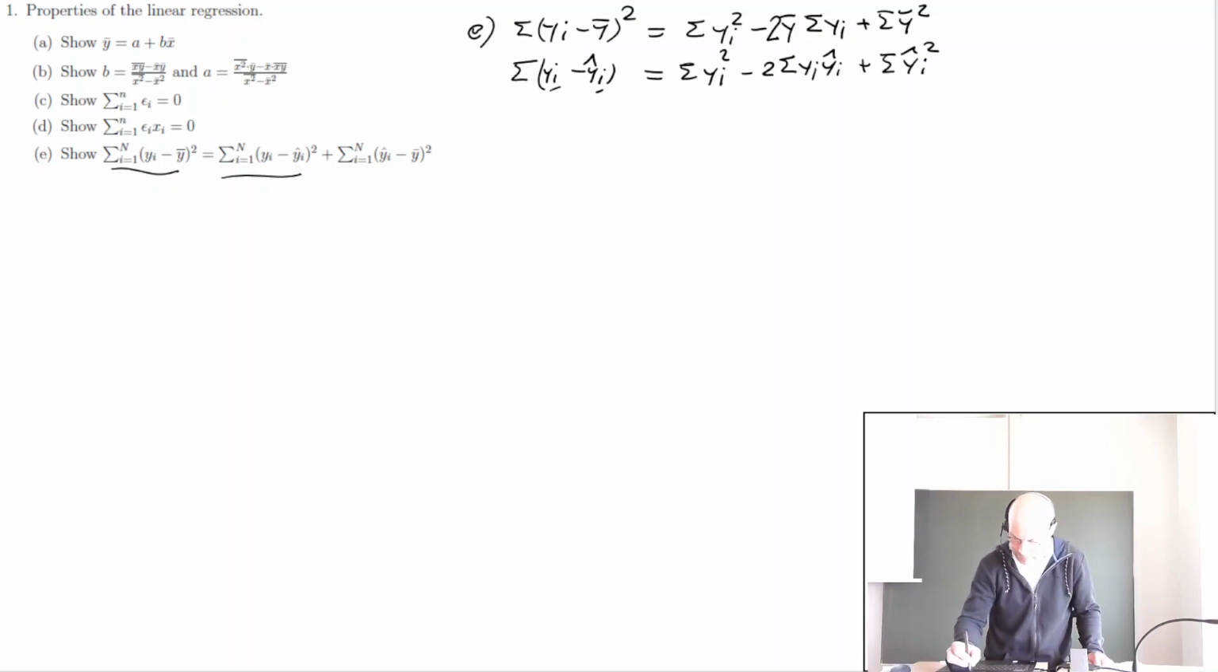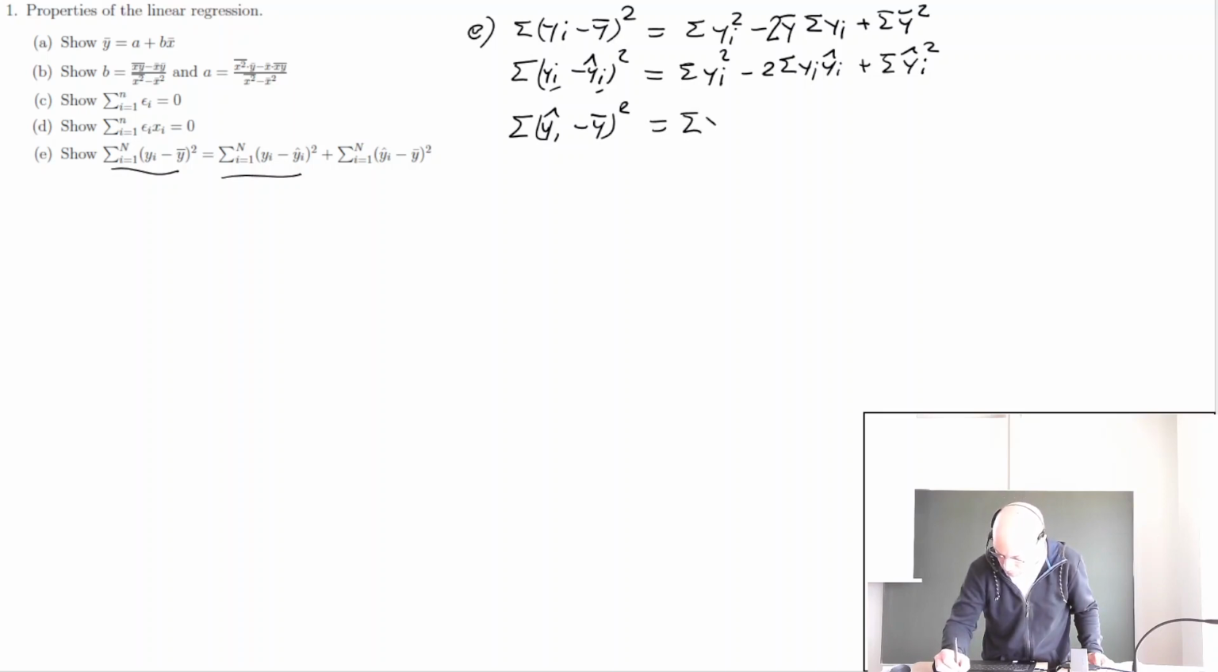And the last one, the sum of y hat i minus y bar squared, we obtain the sum over y hat i squared minus, and now here we do not have